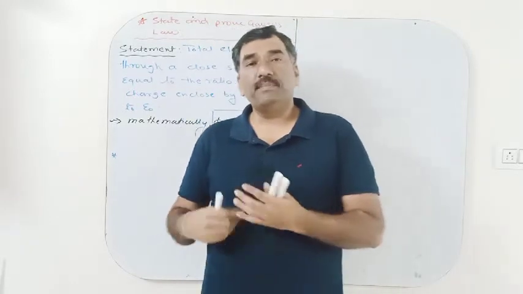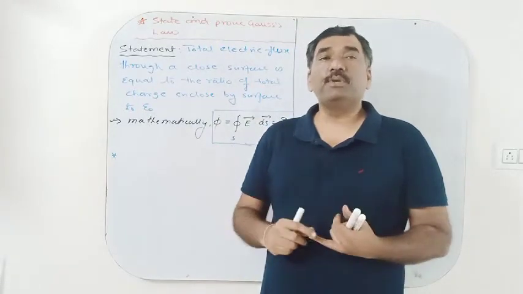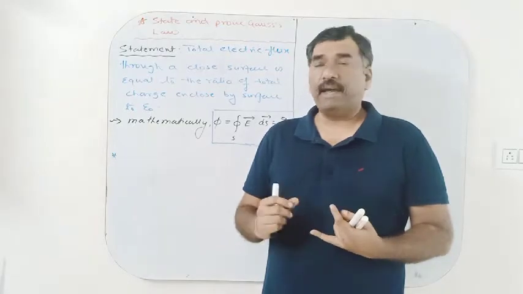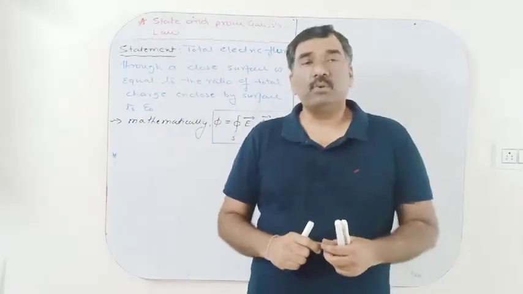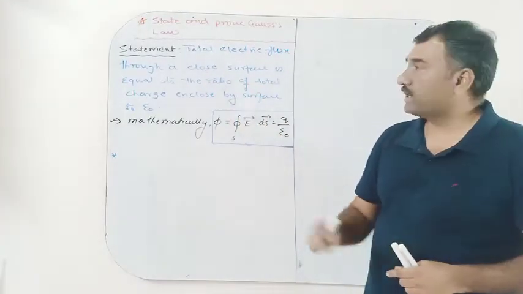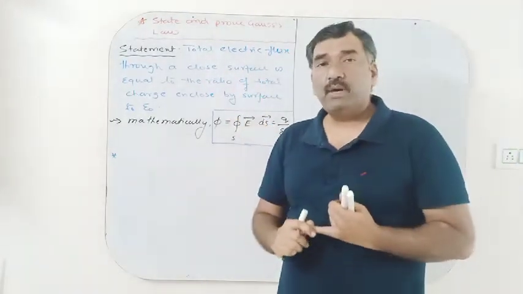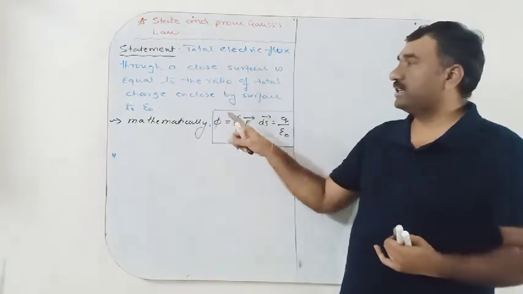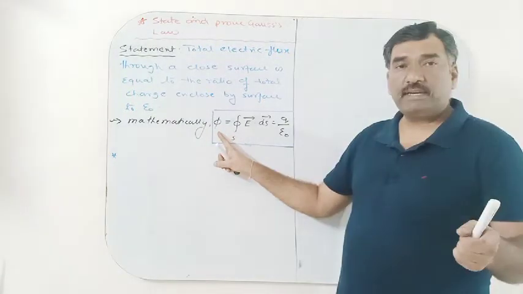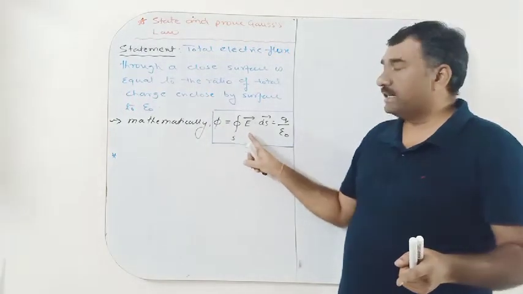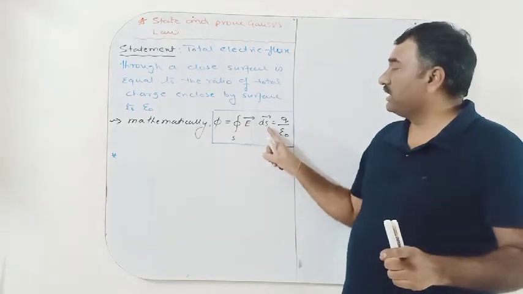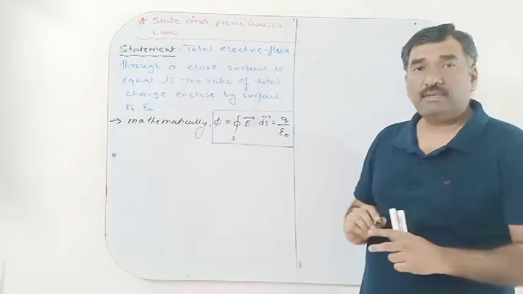Today, on the basis of electric flux, we are going to prove the statement of Gauss law for electricity. So what is the statement? The total electric flux through a closed surface, and the word closed surface is very important, is equal to the ratio of the total charge enclosed by the surface to epsilon 0. So the total electric flux phi associated with any closed surface is given by the surface integral, where this is the symbol of a closed surface,